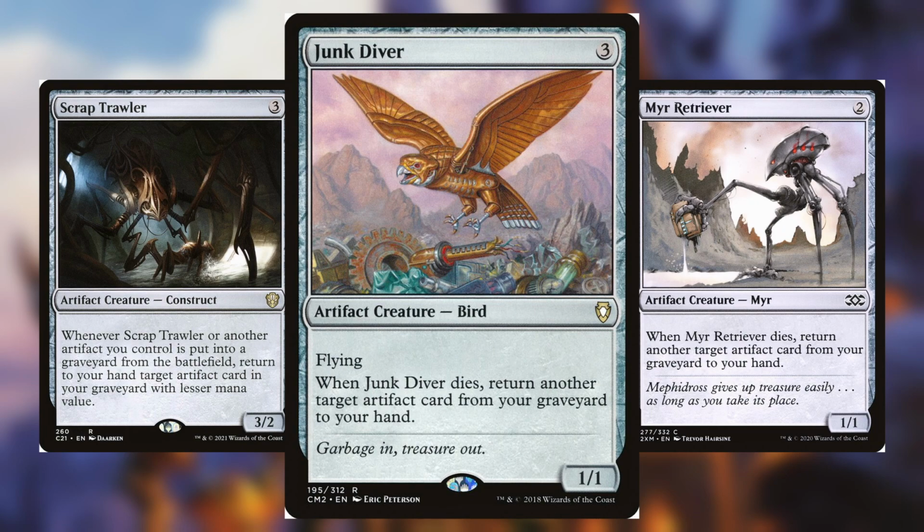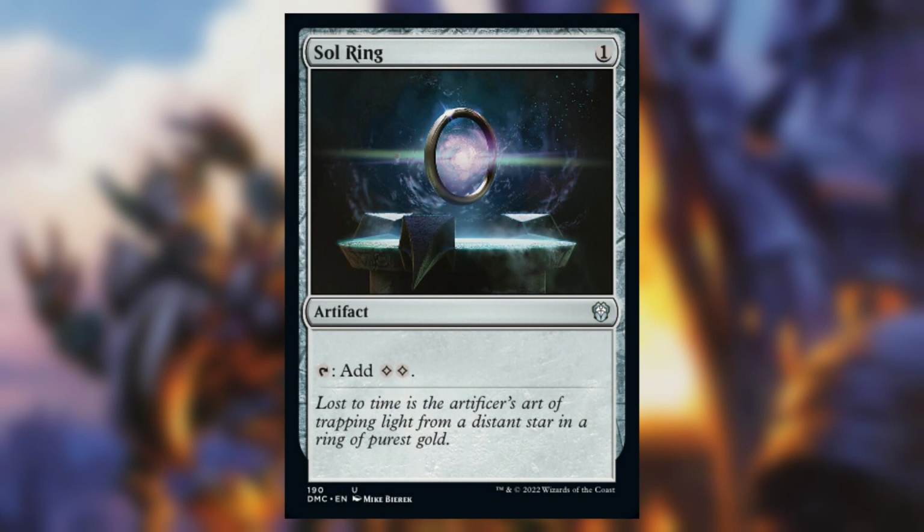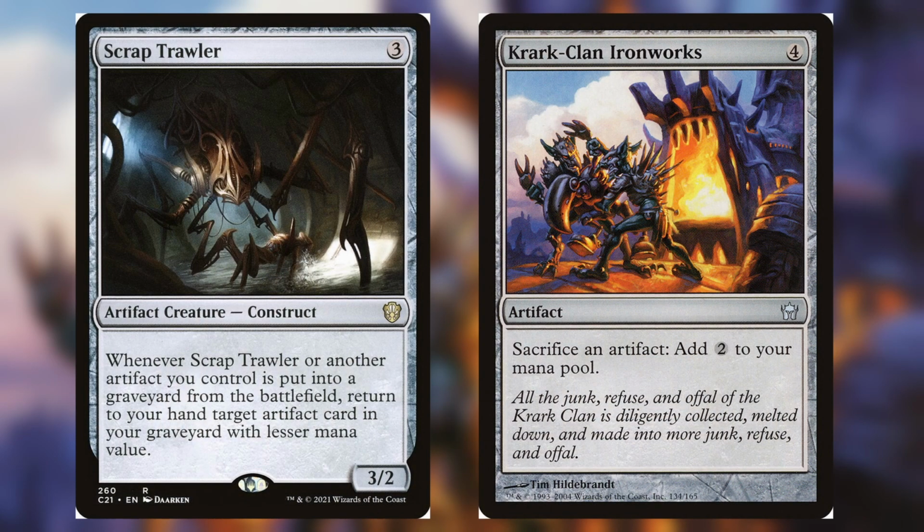Now, in order to make this work, you are also going to need a 1 mana artifact. In this case, I'm just going to use Soul Ring. Soul Ring on its own, just a single mana, you can tap it to add 2 colorless mana to your mana pool. Now, if you do happen to have a 1 mana artifact, such as Soul Ring in the graveyard, as well as either Mirror Retriever or Junk Diver in the graveyard, both Scrap Trawler and Krark-Clan Ironworks in play,